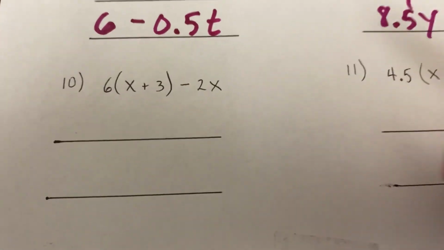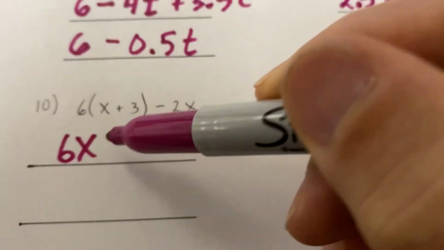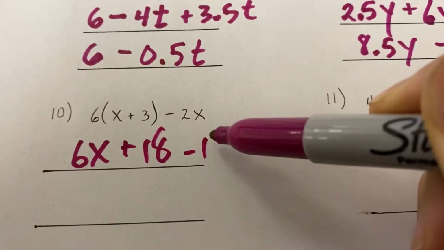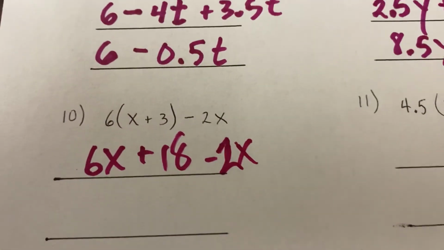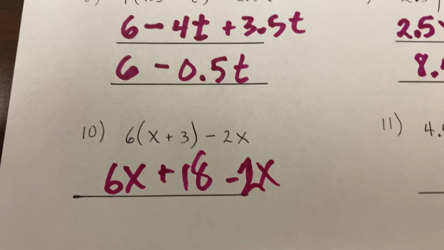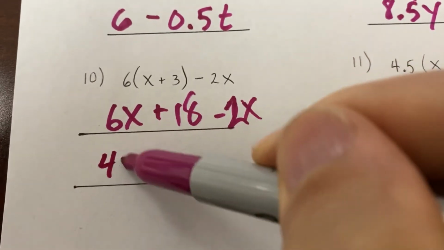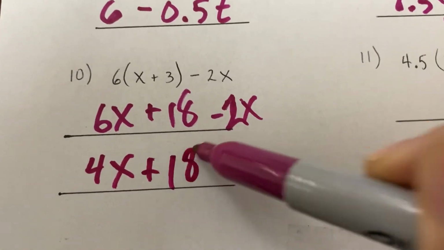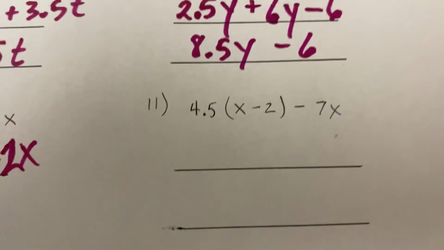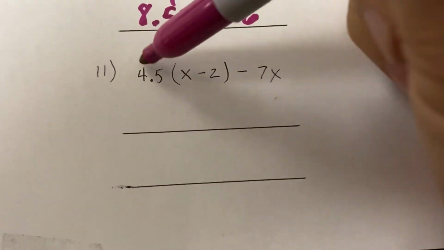Tuesday, we'll do this. So 6 times x, 6 times 3, bring down the 2x. You should have gotten there in step 1. Now look, 6x minus 2x. That's 4x plus 18. Finally, last one, 4.5 times x